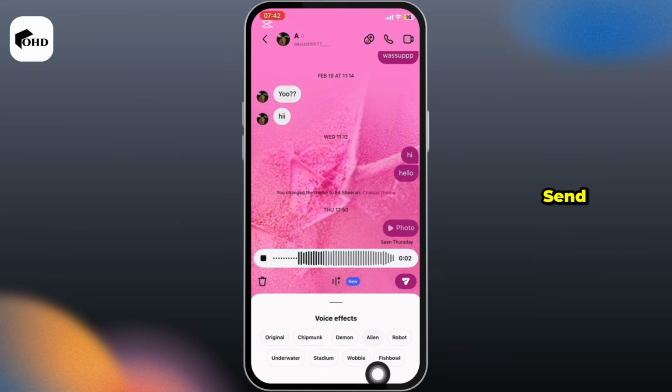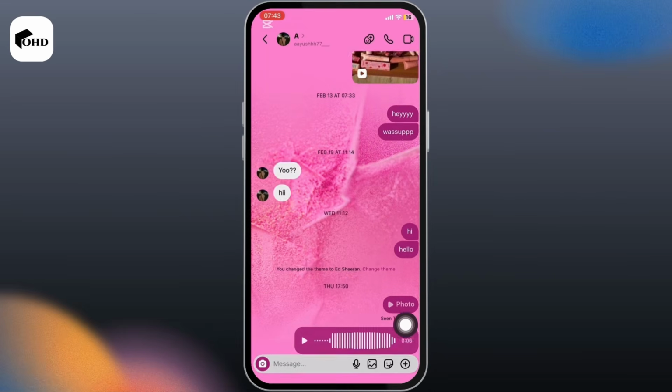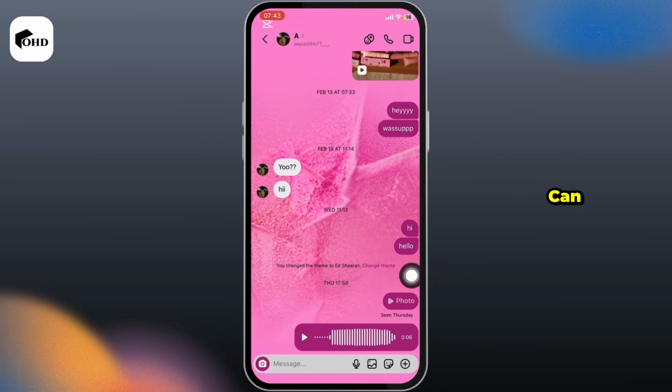Once done, click on send, and then the voice message will be sent to this person. So this is simply how you can use Voice Changer on